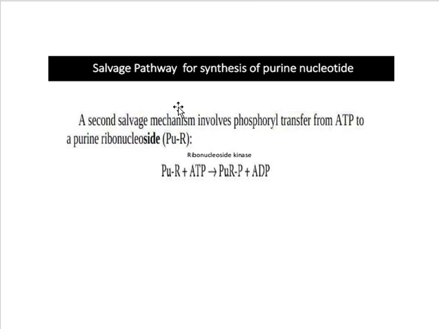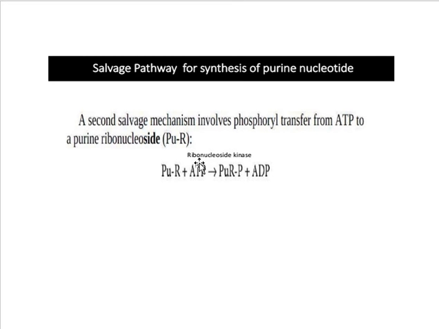Now the another type of salvage pathway is the phosphorylation of nucleosides. As we know, the nucleosides have two components, one is the purine base and the other is the ribose sugar. So for the conversion of ribonucleosides to ribonucleotides, only phosphorylation is required. For the phosphorylation, the phosphate group or the phosphoryl group is provided by the ATP, and the enzyme catalyzing this reaction is simply the